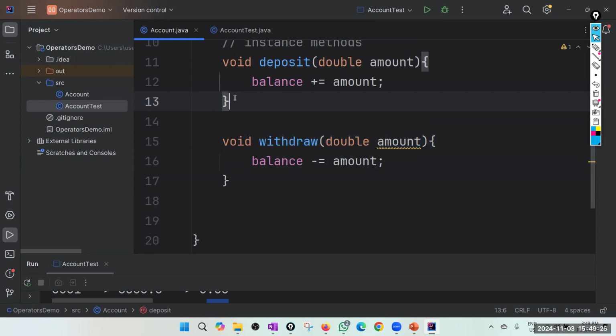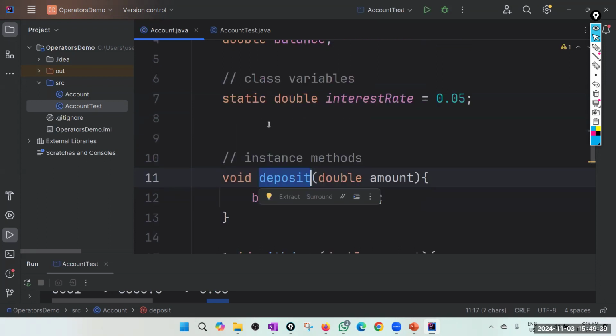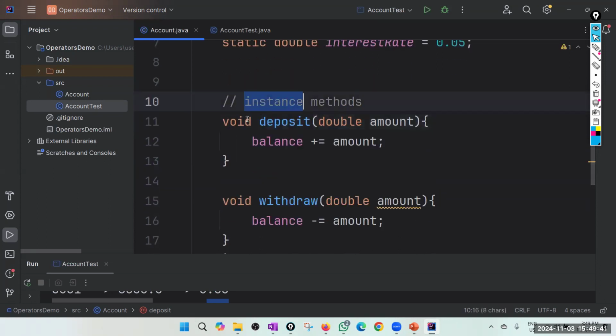How do you decide whether it's an instance method or a class method? This is the rule, a very simple rule. If your method refers to, that is, reads or changes, any of the instance variables, that must be an instance method. For example, the deposit method changes the balance.